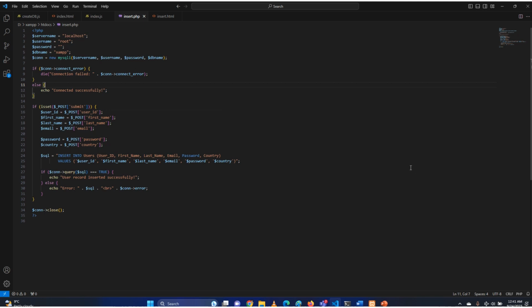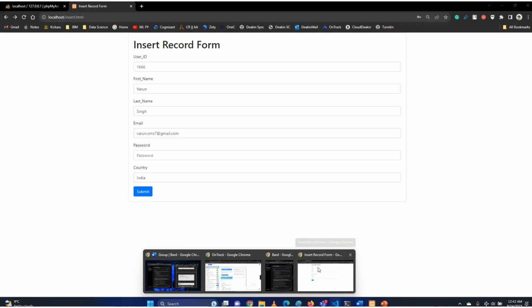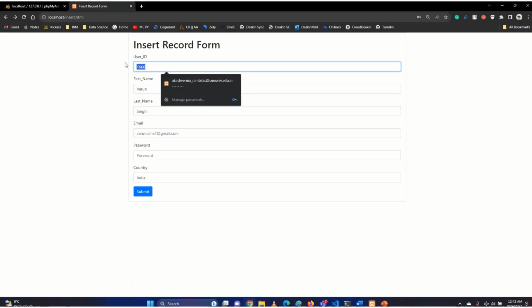Now as soon as this happens, this con query function executes the specified SQL statement, and if it is true, then user record inserted successfully will be shown, otherwise the error message will be shown. Now I'll show you how to do this. So we'll be using a